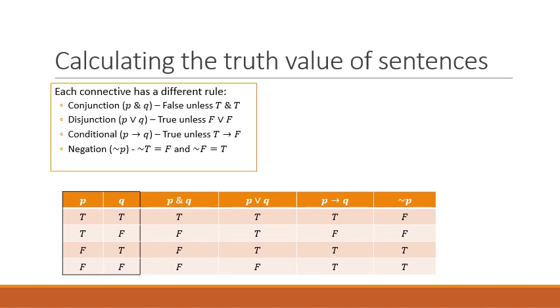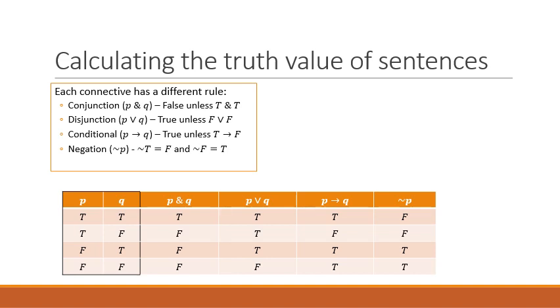Except for that one condition which happens at the bottom where they're both false. Then the same with conditional, right? It's usually true, except for line 2 where you end up with true arrow false. And then the same with negation is if you negate a true thing, which is what's happening in lines 1 and 2, you'll end up with a false thing, and if you negate a false thing, which is what's happening in lines 3 and 4, you'll end up with a true thing. So that's just the rules in action